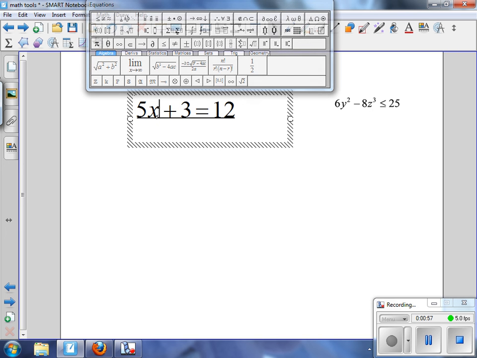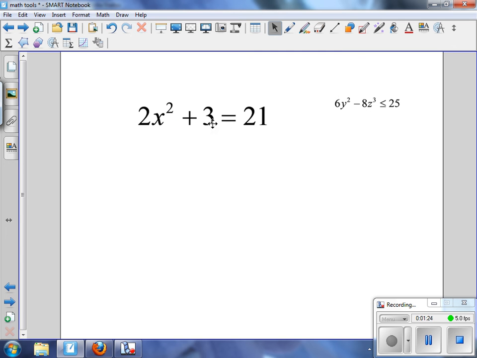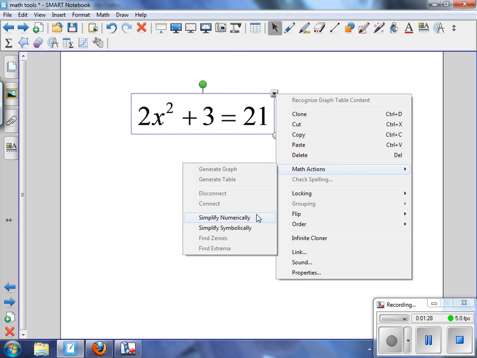It will recognize squared, so if I just change this to 5x squared plus 3, or let's make it one that we know will actually work out to give us positive and negative values. So let's see. If we change this to 2, and we change this to 21, now when I go through and do the math application Simplify Numerically,